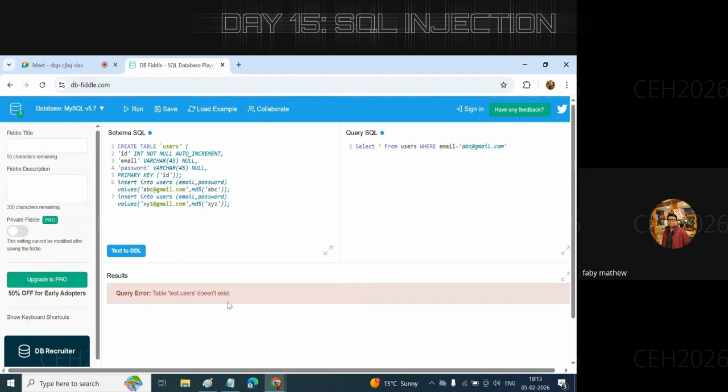Test.users. The query is going to show the result in the result panel. Why is it not running? Select star from users where email equal to